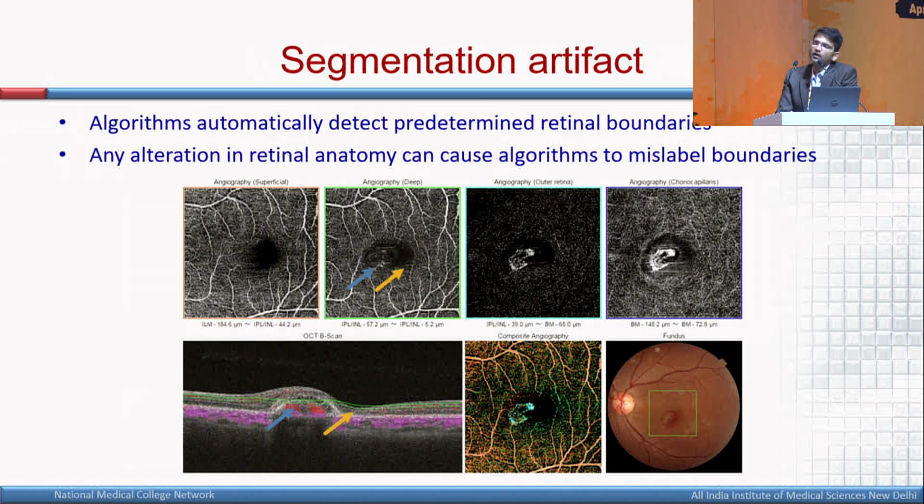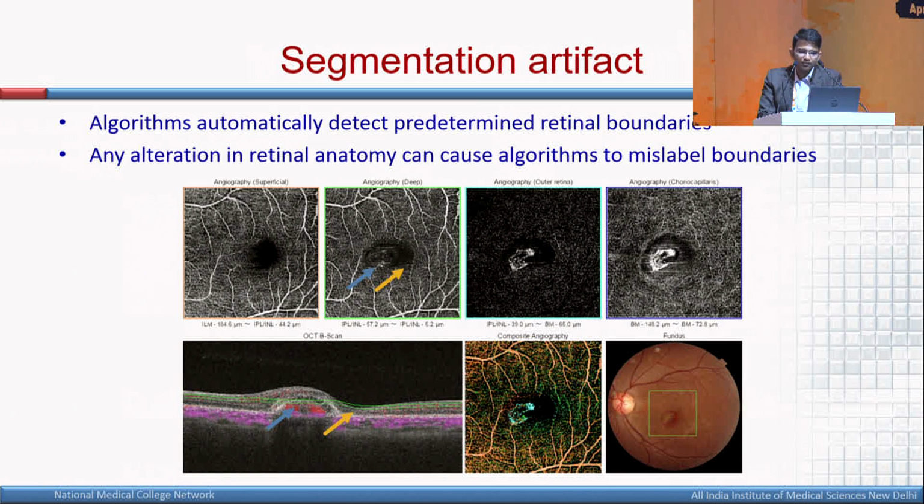It's very important that you know what the segmentation of the machine is, because the machines will automatically segment based on the parameters that they consider from healthy individuals. But when there is a distortion in the retinal anatomy, the same segmentation parameters or landmarks will not apply to the diseased eye. So if you see in this image, there is some abnormality, there is a neovascularization